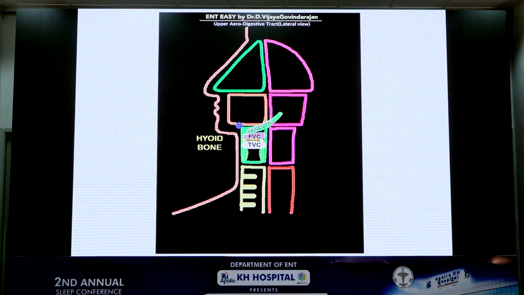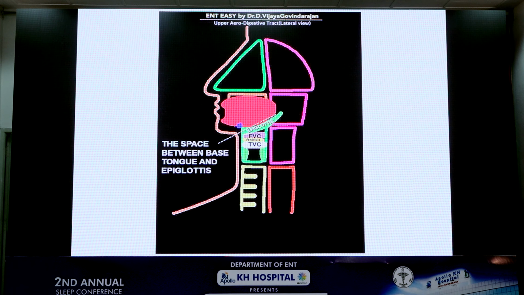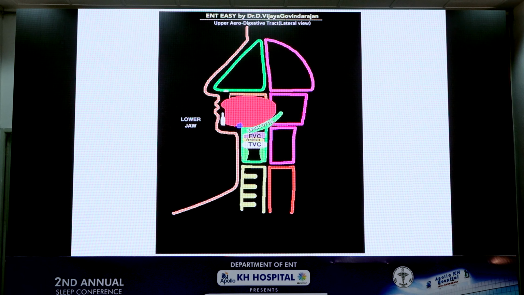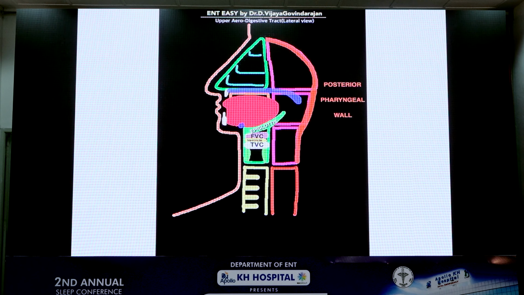Then the hyoid bone on lateral sagittal section looks like a dot. Then the tongue, 2 parts of tongue, anterior 2/3 and posterior 1/3. Then the space between the tongue and lingual surface of epiglottis is called the vallecula. Lower jaw, upper jaw, hard palate, soft palate, and all the 3 terminate in the lateral wall, and the posterior